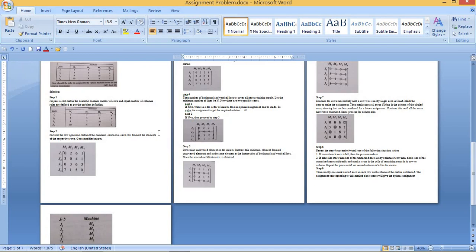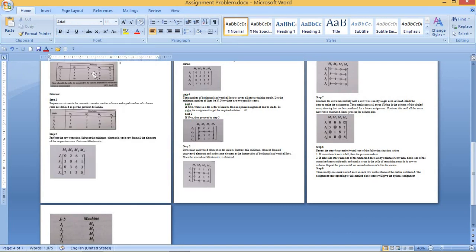Next is the assignment J22. The value of J22 is 5. So 6 plus 5. Next we consider J31, which is 4. Then the last one is J43, whose value is 8. So the total value is 6 plus 5 is 11, plus 4 is 15, plus 8 is 23. So 23 is the value.